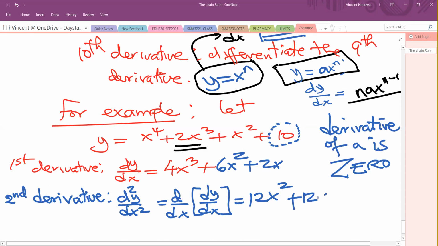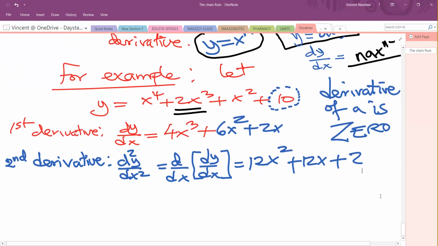12x, and then plus 2x. Plus what value? Plus 2 or 2x? Yes, 2, correct. Then third derivative